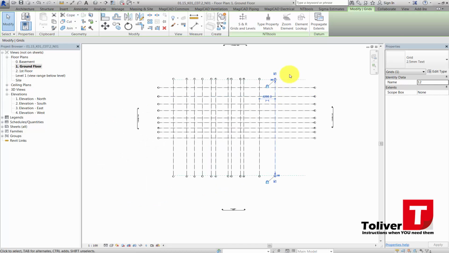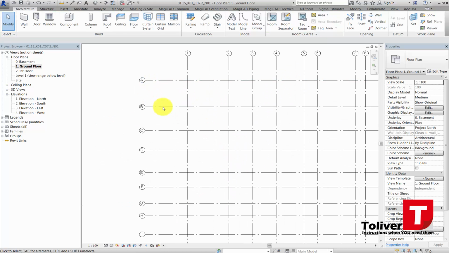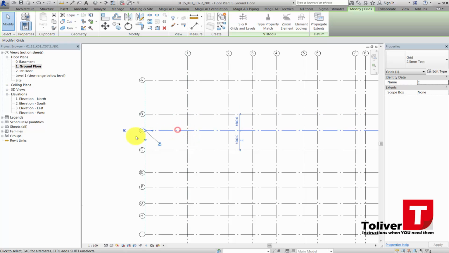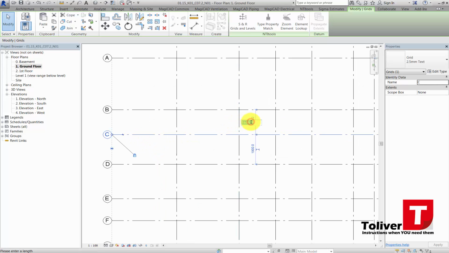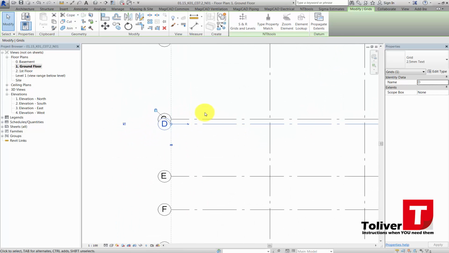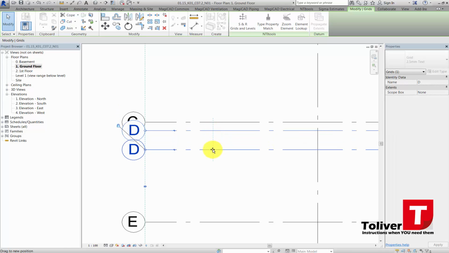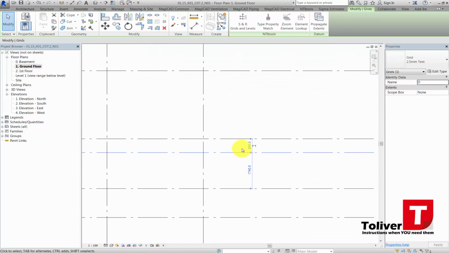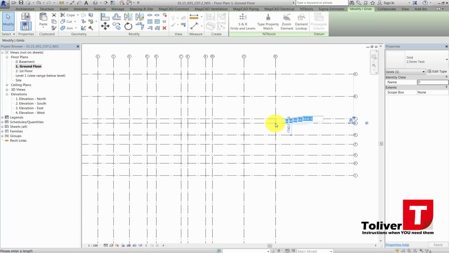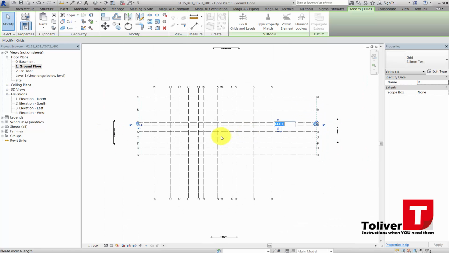like that. The next thing is between A and B, I have a distance that's 3300, like that. Then I have a distance that's 3300 again. And if the distance between them is kind of tight, you can just drag it down a little bit to get some working space. And now I have a problem because the distance between the next one is supposed to be